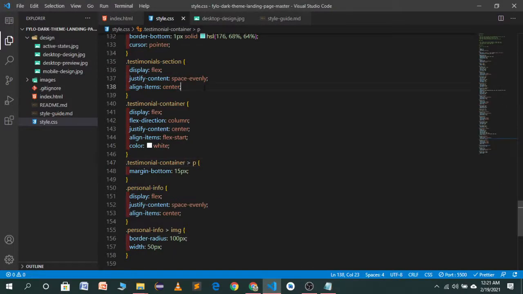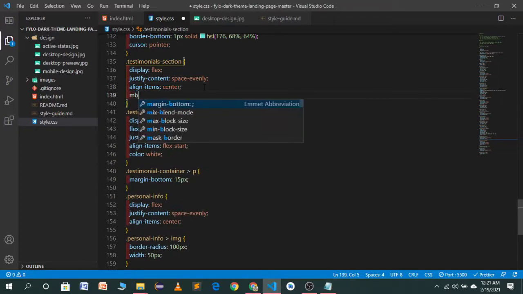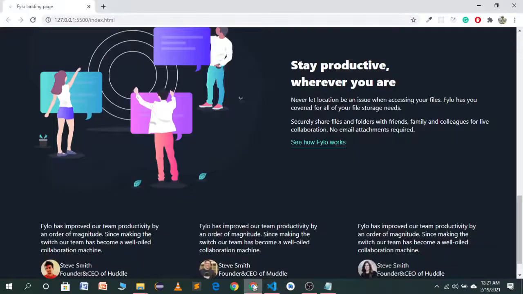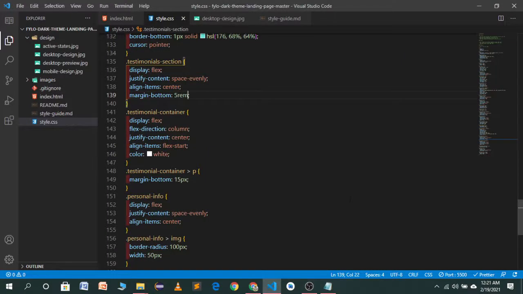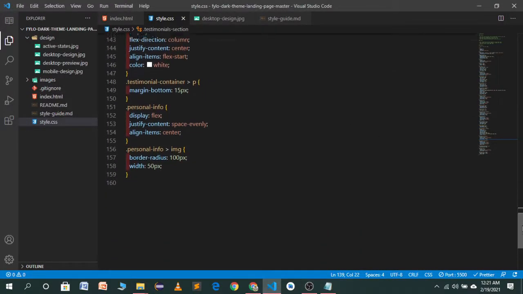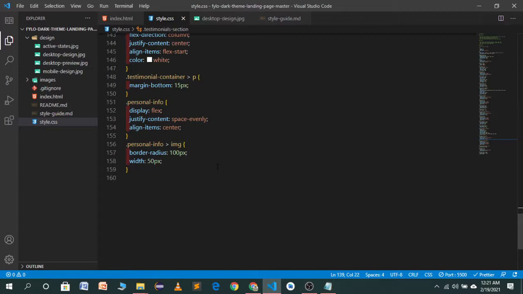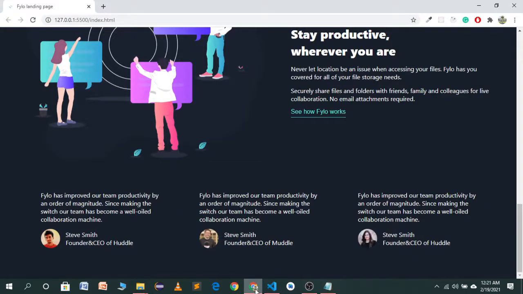So the container is testimonial section. I will give it a margin bottom of 5 rem, and now we will target the personal info section. Basically we have targeted, and now we will give a margin right to our image, which will be, let's try 15 pixel. How will it look? Now it's looking beautiful right now. So as you will see